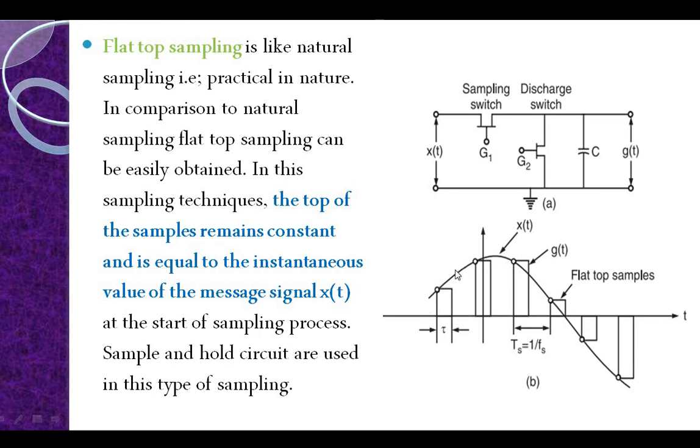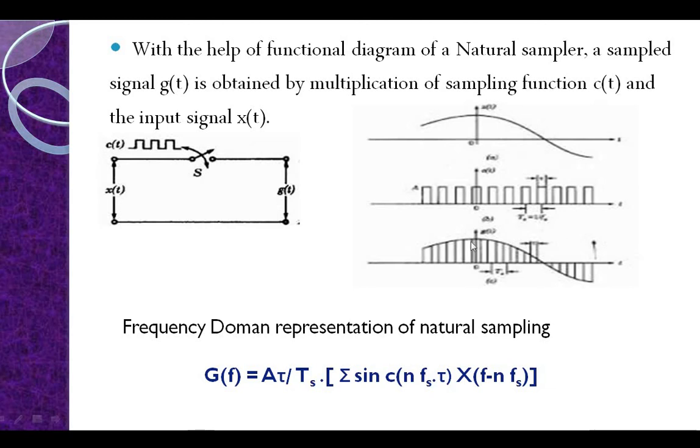Here you are having the samples. At this particular point, we will be getting the samples. We won't use this one because the carrier signal should be constant. It should not be changing its amplitude. It should change only according to your message signal amplitude. Then only we can get our original message signal. If your carrier signal amplitude and your message signal amplitude both get mixed up, then it is very difficult to get your message signal.